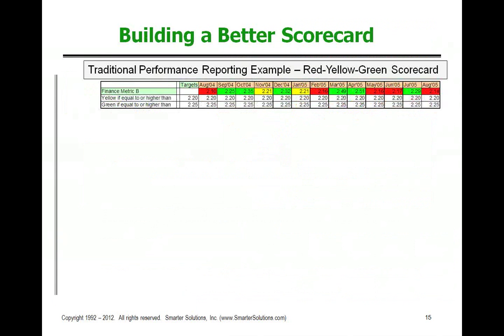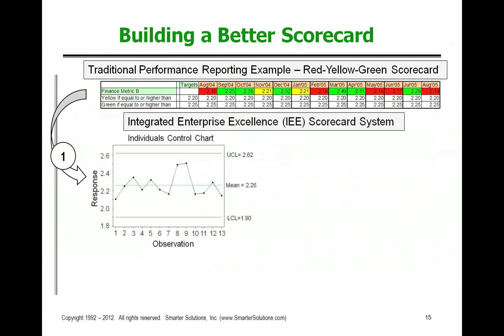So let's take this same set of data. What I'm going to do is track it using an individuals control chart. Now, some people might say, well, that's just a control chart. Well, this is not a traditional control chart. Traditional control charts are to try to take timely action so that we can take preventive action because there may be special cause conditions. But this is a little bit different. This form of charting is what I'm calling 30,000-foot-level charts.